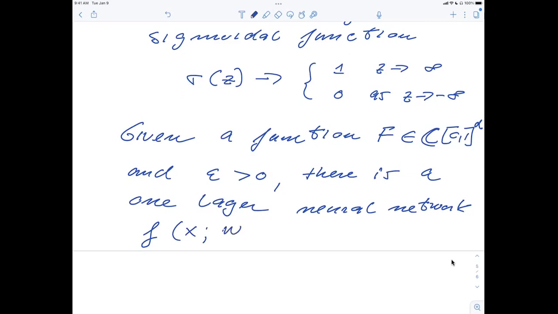There is a set of weights, unknown parameters, and a set of biases, unknown parameters as well, so that